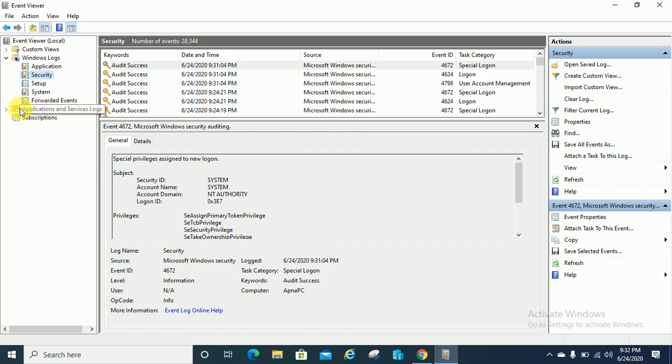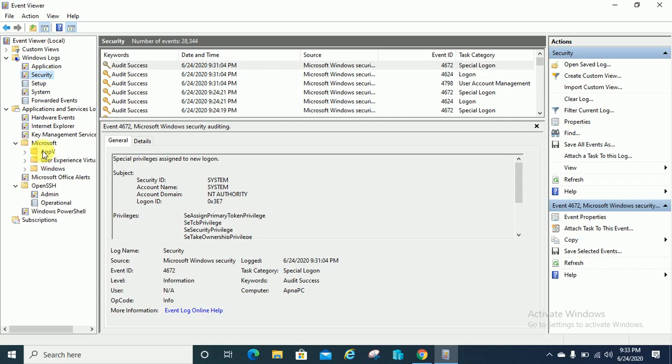So if you have installed any application, like any third-party tool, and you are facing any issue, or if you want to get any details like who is logged in, or through which service it is authenticating, you can find out from here. Like you can see here OpenSSH. I have installed OpenSSH on this machine.